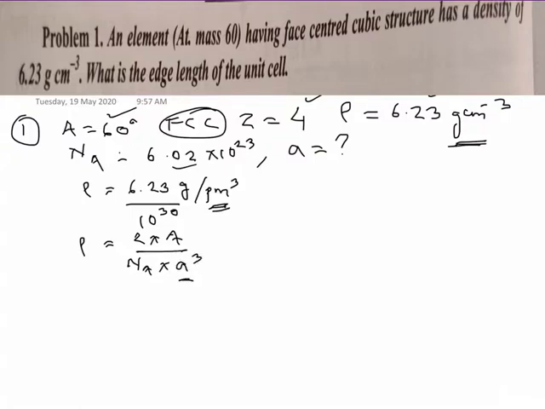Now let's write down the values. If you want this A cube you can make it the subject, you can interchange it. So A cube I am going to take it there. So A cube is equal to Z into A over Avogadro's number into density. Now by putting the values, Z, so FCC, I'll write that as 4. Then A is given as 60, so let me write that as 60. Then I'll divide this by